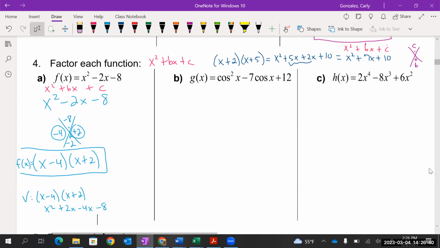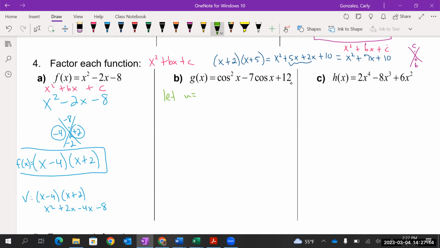So for B, I welcome you to go ahead and just factor it in this form, or we can try a U substitution. I'll go ahead and show it using a U substitution. What you want to recognize is that we have something squared and then minus 7 times that same something, in this case cosine x, and then plus a constant. So we can let